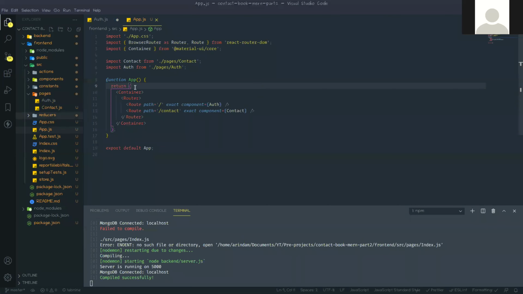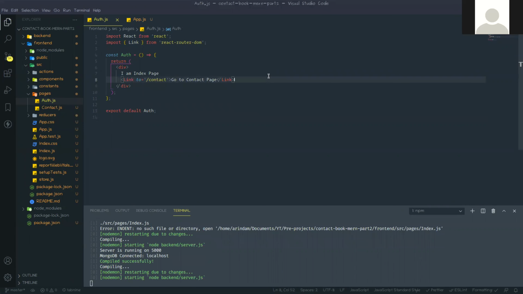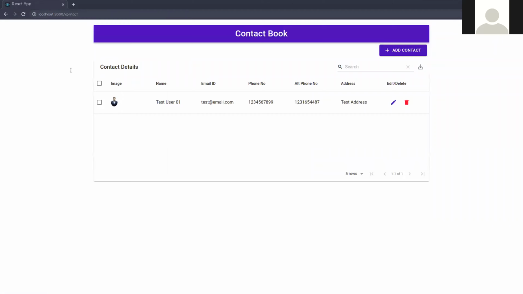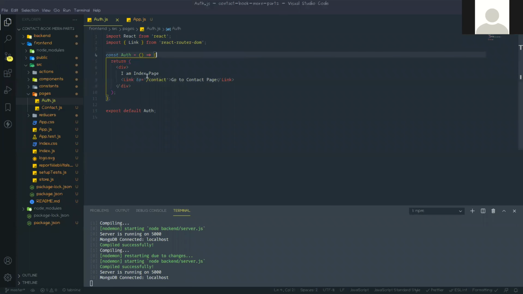Now we need to create that login form first. Go to the auth.js file, this JSX. We need to create JSX for the auth page. For JSX we need some components from Material UI.